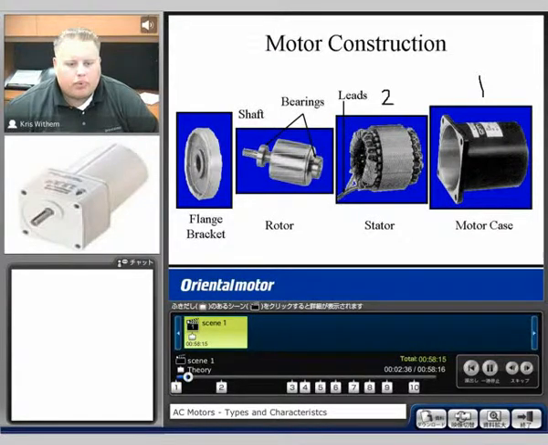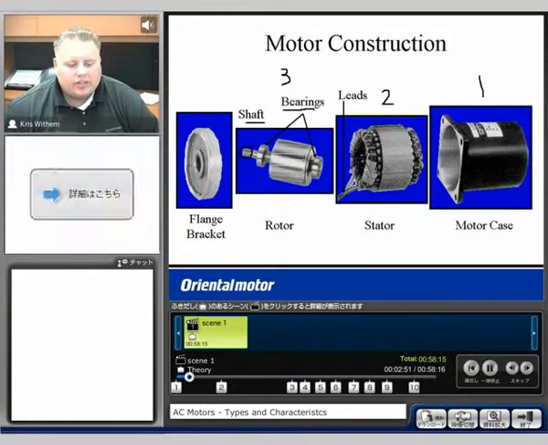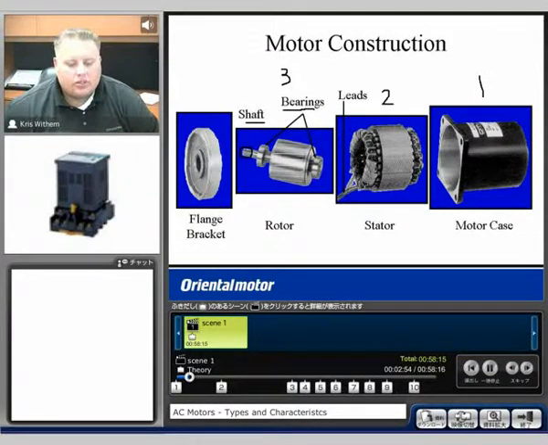Then the third component, which is actually made up of 2 components, we have the shaft, which is in this area here, and then bearings. We have the bearings on both the front and rear of the rotor. The rotor is made from laminated silicone steel plates with die-cast aluminum bars through them, and it's supported by the 2 bearings, the front and the rear. This rear bearing right here is going to fit in the rear end of the motor case, while this one up towards the front is going to go into the inside of the flange bracket, and the flange bracket being our 4th component